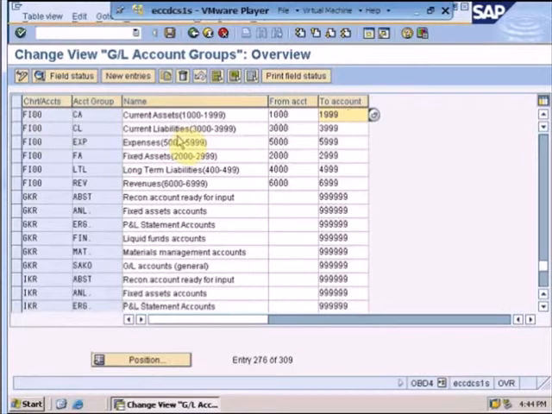As we understood so far, creating an account group not only controls the number range of those GL accounts, account groups also control certain field status regarding that account group. If I double click on it, the system will directly take me to the field status of this account group. For example, a current asset account needs to have certain properties maintained, so I would create those properties as a required entry.